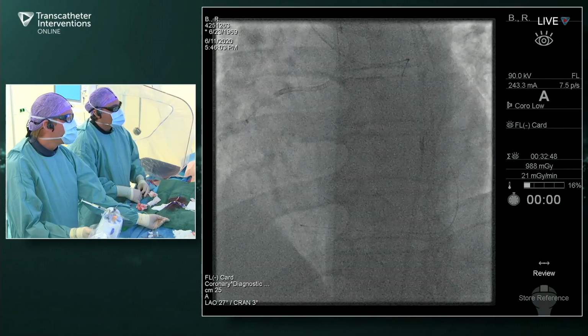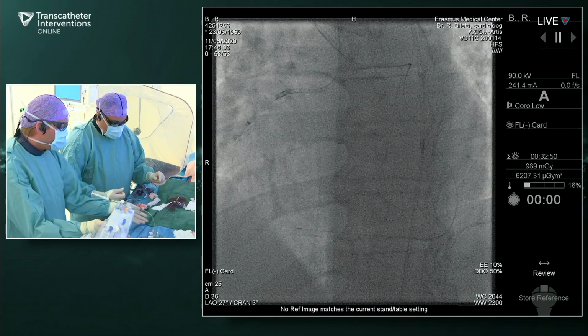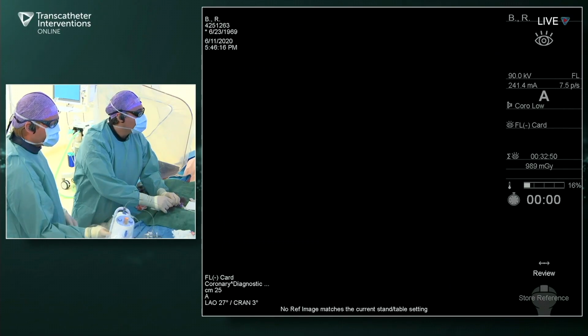One thing that you need to do when you push back the microcatheter is disengage the guiding on the left. That is also extremely